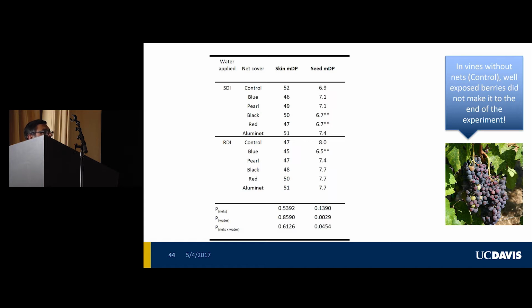These did not influence it greatly or at all. However, seed mean degree of polymerization changed. Blue shade cloth with a regulated deficit irrigation reduced the seed mean degree of polymerization. So did black and red under a sustained deficit irrigation or the grower practice. So you can manipulate these very easily based on transcriptomic regulation, knowing some basic physiology, and then following this through